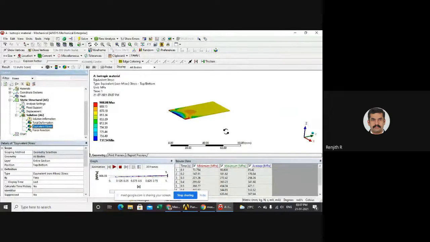We can also incorporate plasticity values, like bilinear isotropic modeling and multilinear isotropic modeling. A lot of plasticity modeling concepts are there. You can incorporate that to find out the failure with the help of plasticity conditions incorporated in the FEA analysis. But this is the easiest way, because we can easily get the result, and the solution time is far less compared with the actual plasticity formulation inside the FEA.